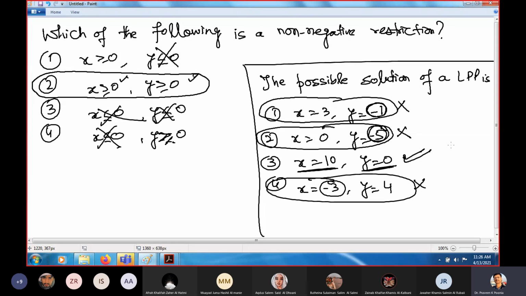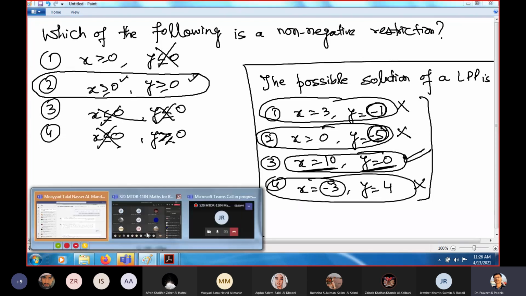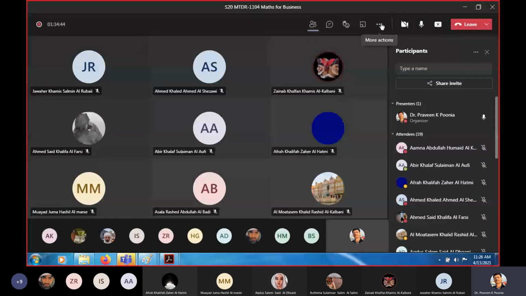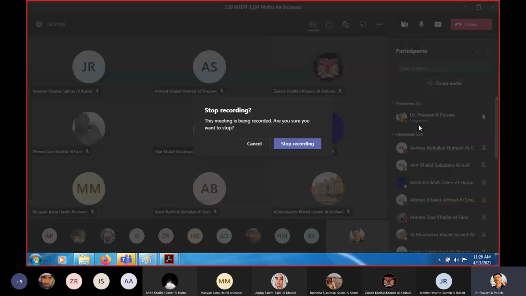This is a 1 mark question in multiple choice. Which of the following is a possible solution for a linear programming problem? So only a positive solution is possible. A negative solution is not possible. Please remember these types of questions. Only what you need to do is study again and again. The more you revise,